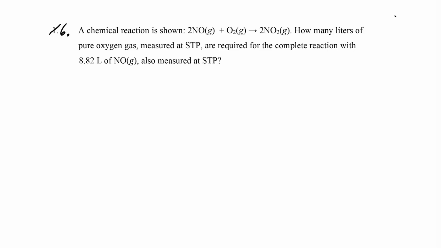The key point in this problem is that everything in this equation is in the gaseous state. In particular, the 2 reactants that we're concerned with, nitric oxide and oxygen: we're told that we have 8.82 liters of nitric oxide, and we want to know how many liters of pure oxygen we need to react with that. The 2 reactants are in a gaseous state, and because they're in a gaseous state, Avogadro's